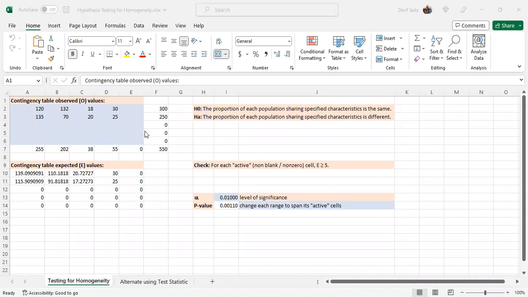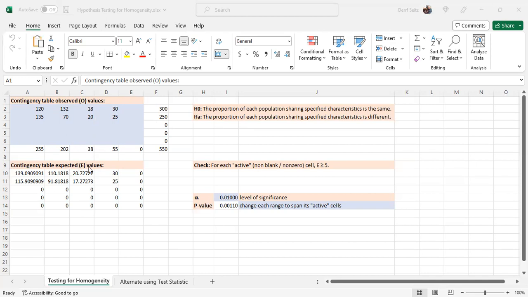The idea here is to look at two populations and to determine how distinct characteristics are distributed across the two of them, whether or not they share the same distribution of these characteristics or not. It's very similar in setup to a hypothesis test for independence using two contingency tables, an observed value table and